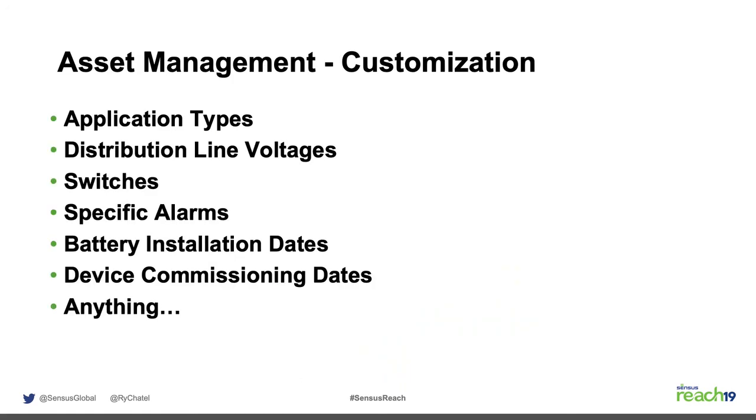I encourage this. Utilities that have adopted this mindset of using automation control as an asset management system are starting to see dividends paid to them. So they are starting to see the benefit of the organization of the data. You can start to customize and create. It's not up to me as a vendor to tell you how you should organize your data. But what I've done for you is I've provided you a platform that says, hey, how do you want to organize your data? You can create structures like application types and start to say, which one of these are reclosers,